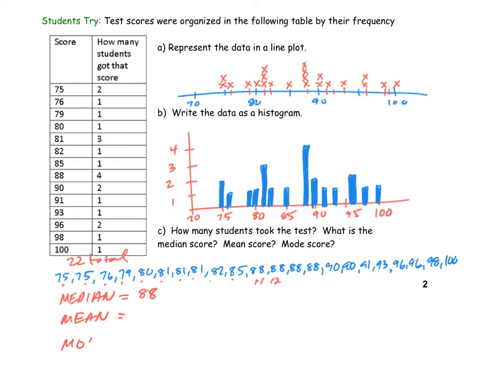I'll pause it and have you guys do that too. The mode obviously is pretty easy too. In a frequency table, the mode is the easiest thing in the world because you just look at, well, what is the one that has the highest frequency? In this case, 88. So mode and median are both 88. And now I want you to pause it, see if you can determine the mean, and we'll come back and give you the answer. All right, so I figured out I got 1901 when I added up all the numbers,